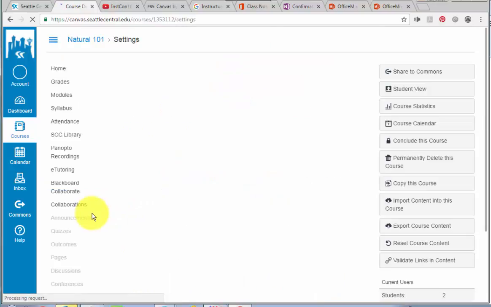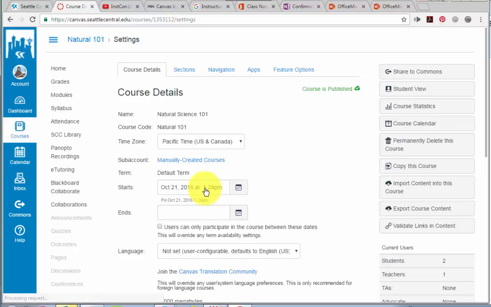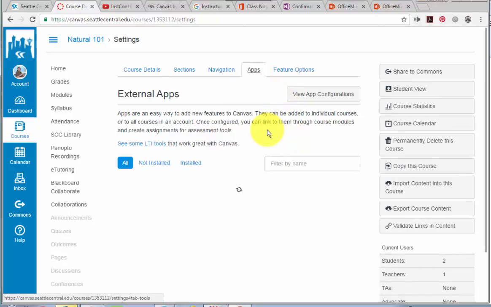So here I am in the process of linking my Office 365 account with this course shell within my Canvas. So go to settings, and then at the top click on the apps tab, and then search for OneNote,